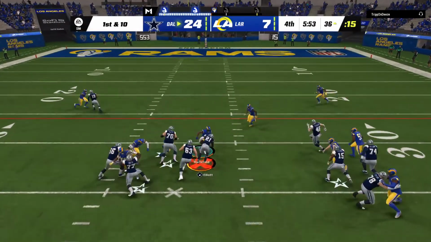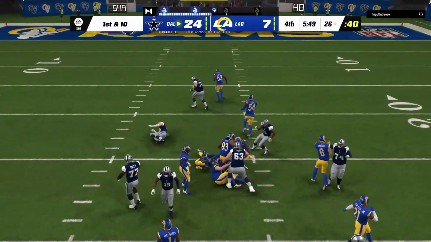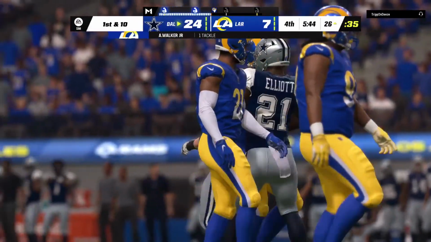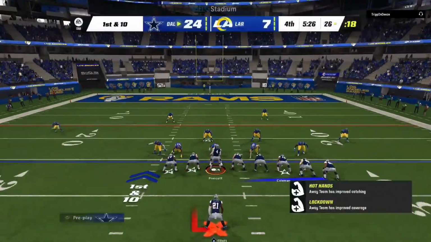The give is to Elliott. And he works it past the 30, almost to the 25. 86 yards rushing for him so far as his terrific season continues here. 1st down,